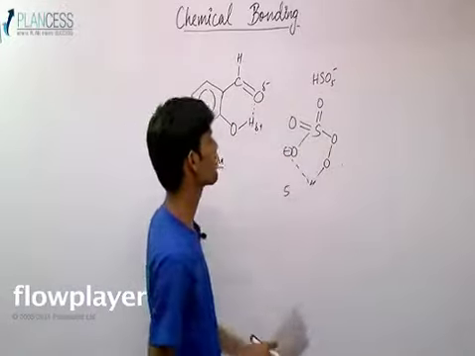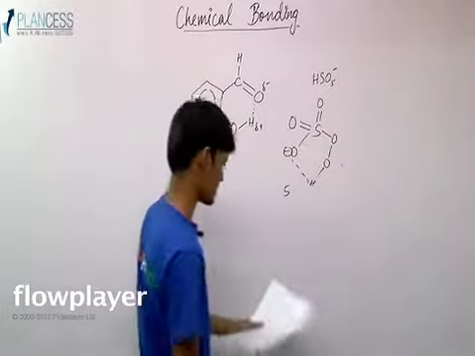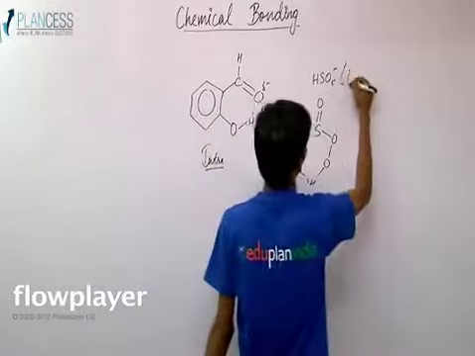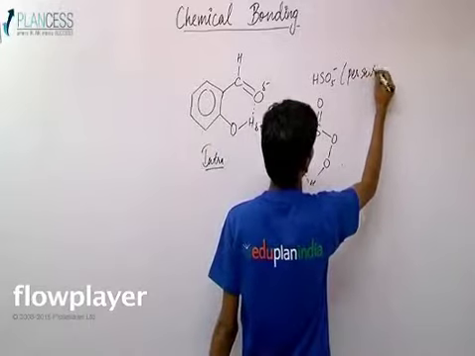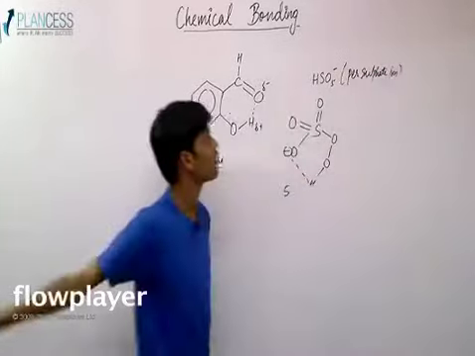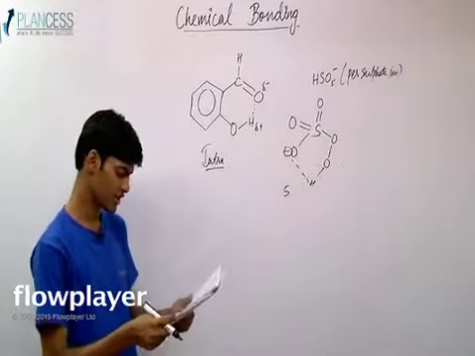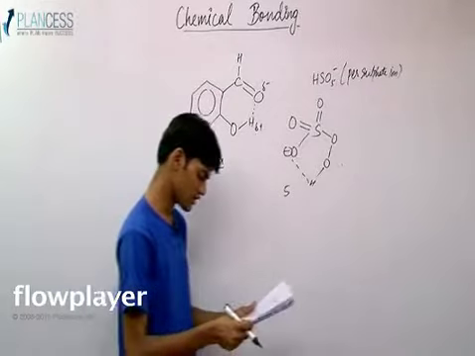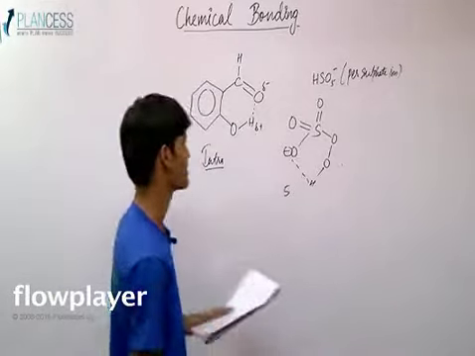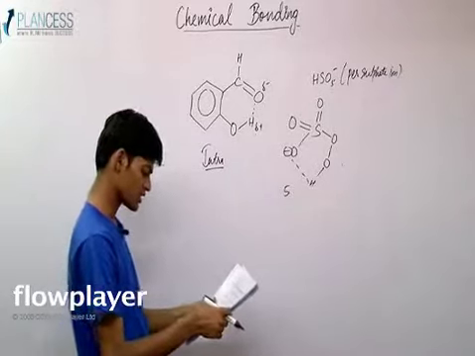Now if it is forming a 4 membered ring or 3 membered ring, the intramolecular H bonding will not take place. So it is also known as the persulfate ion, because it is H2SO5. It is generated from H2SO5, which is a persulfate acid. So this was intramolecular H bonding, and the necessary condition is that it should form a 5 or 6